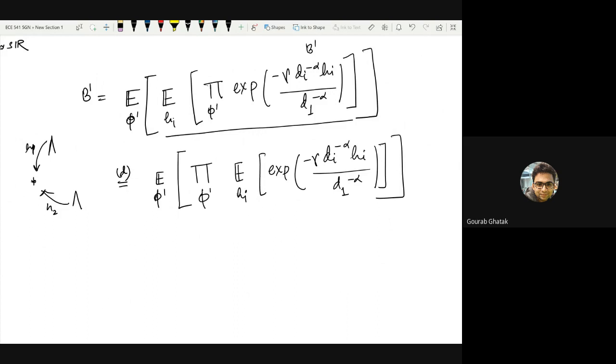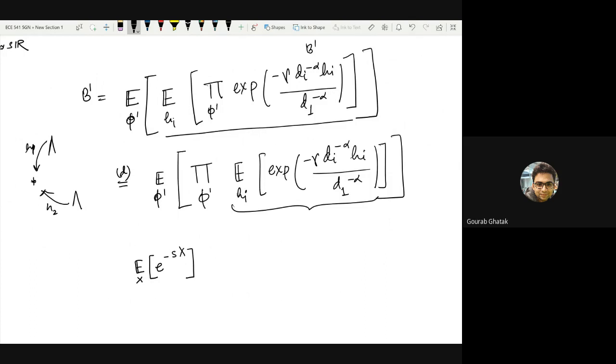So if step D is also clear, then we are doing very well. We only have to find out what this guy would evaluate into. So what we are dealing with here is an expectation of e to the minus s times the random variable x, an expectation with respect to x.